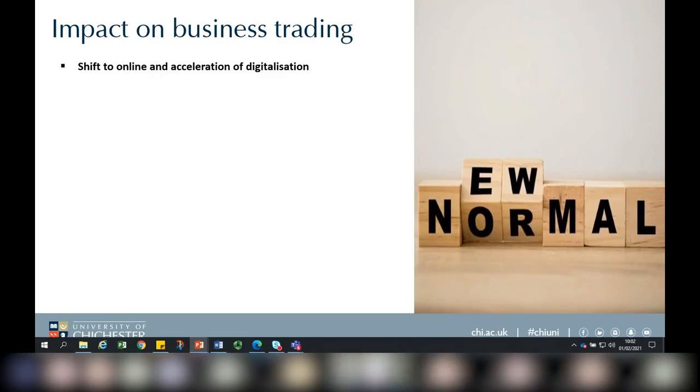Okay, so that's good stuff. So what we've had is a lot of impact on business survival rates. So a lot of businesses will go out of business and have gone out of business as a result of reduced income. We have seen some mass redundancies with businesses closing, particularly in the airline sector.